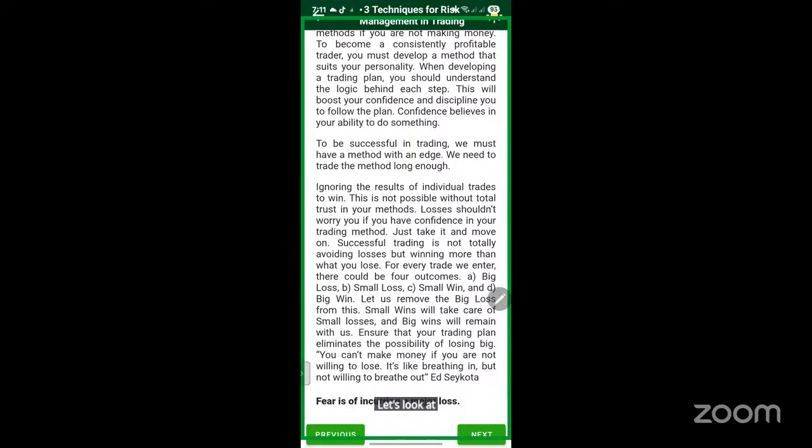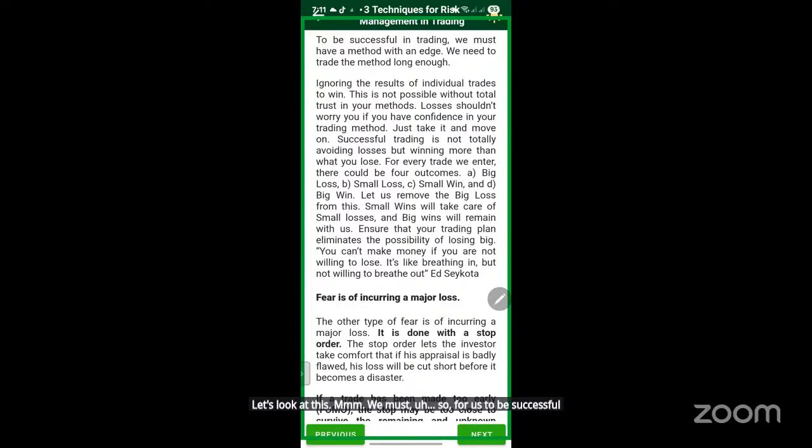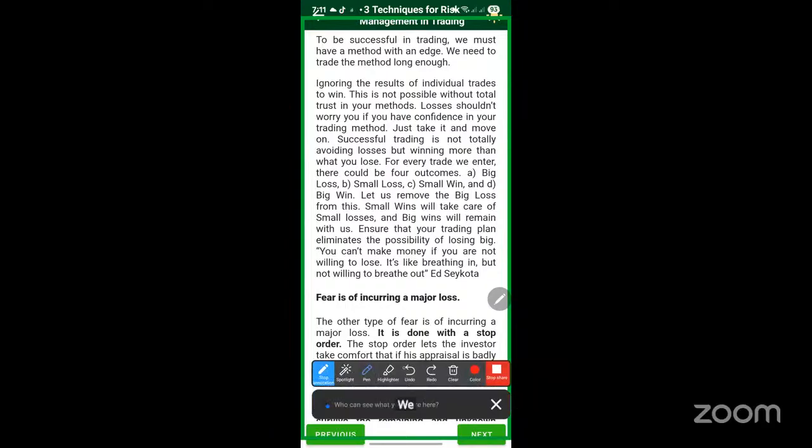For us to be successful in trading, we should find a method where we cut our losses. In other words, for us to be profitable in trading, especially in futures trading,